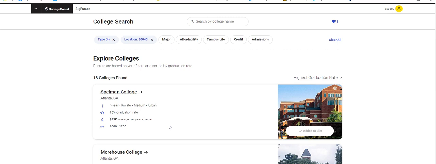and that hopefully, as you enter your season of advising your juniors about college research, you'll encourage them to use the Big Future tool that we have here,